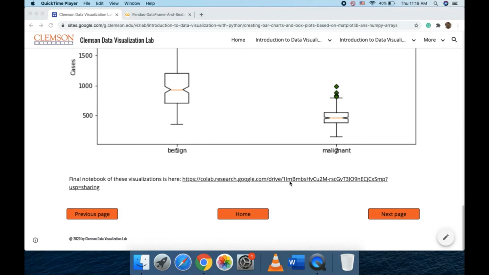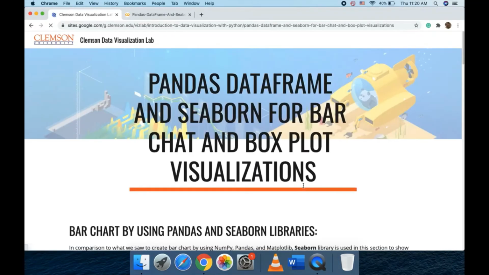That's the fourth part of the introduction to data visualization by using the Python videos for this workshop. In the previous video we saw how to use the pandas and matplotlib for creating the bar charts and box plots. In this section, we will see how to use the Seaborn and the pandas data frame, which makes the visualization much more compact, easier, and understandable in comparison to the traditional way of visualization by using the matplotlib. If you click on the next page,